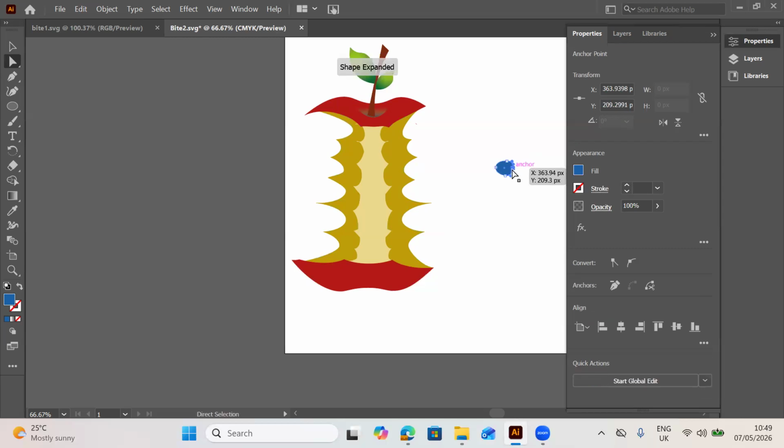Okay, because it doesn't really look circular from the other side, so I'm using the direct selection to just push it in a bit